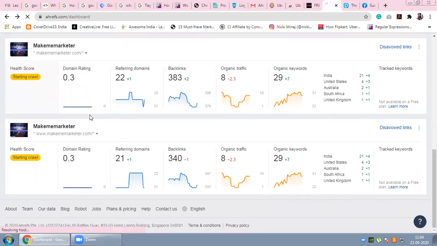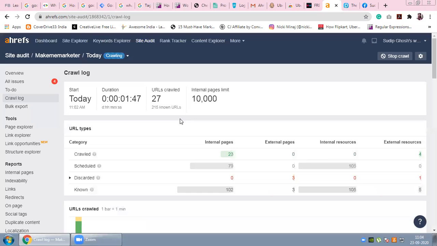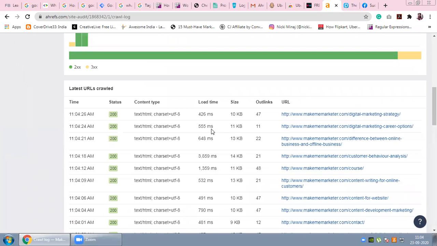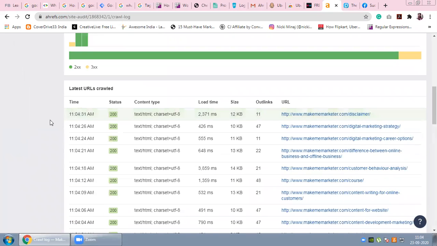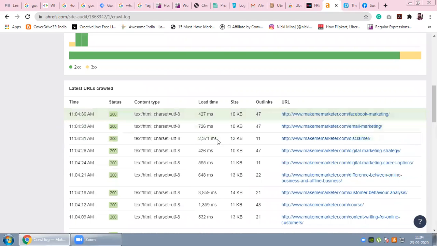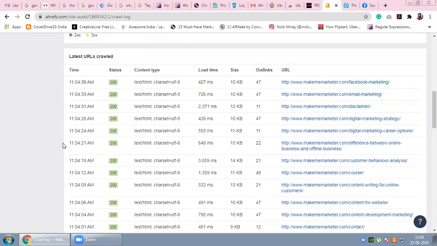So let us click start crawl. So I can see how many times my site has been crawled by Googlebot or any search engine bots. I can see the last crawled URL here, which URLs are getting crawled, and it is getting changed here one by one.